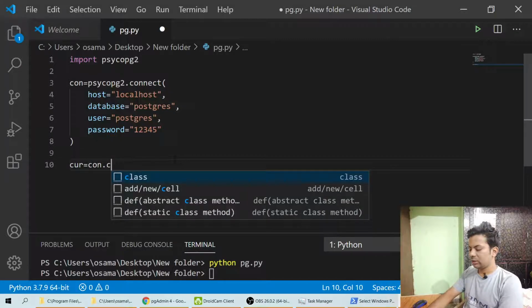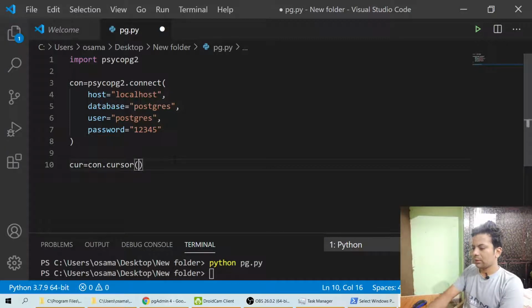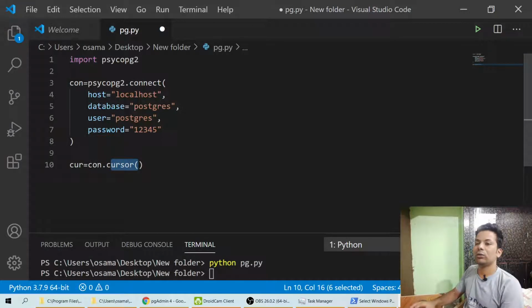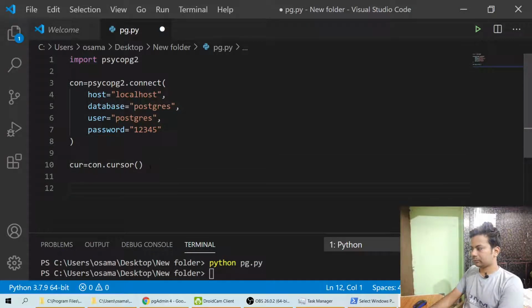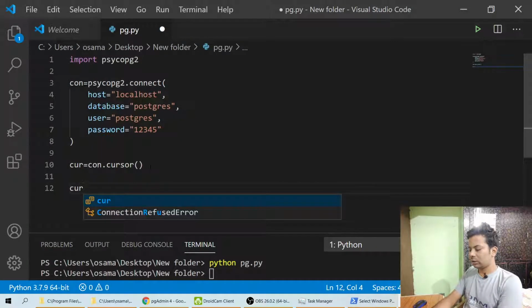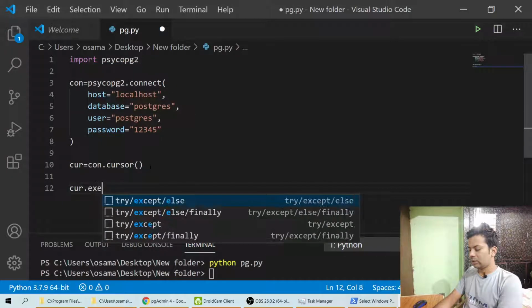I'm telling you what it is. Basically, I'm telling Python, what you got with the connection, use the cursor. Basically, I want to type something in Postgres. I want to make changes in Postgres, so that's why we write con dot cursor, or whatever you think of. So basically, it's been written. Then after that, one more thing. Then we do cur dot execute.